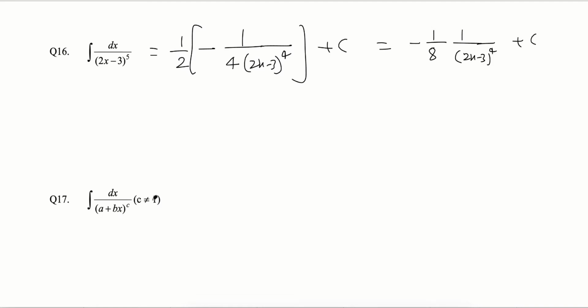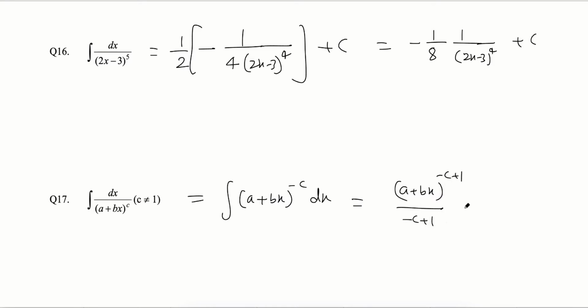This one. Now I will not do it separately, I will just mention here. (a plus bx) raised power minus c dx. Am I right? So think very carefully. Base is the variable, power is constant. We will apply the formula of x power n. So this integration will be (a plus bx) power minus c plus 1 divided by minus c plus 1 plus c. Wait a moment. I should not write c, otherwise this c and this c will coincide. So we should write the arbitrary constant. It's not necessary to name it c; you can give any other name, let's say k.